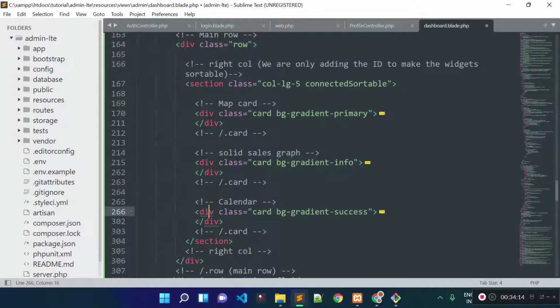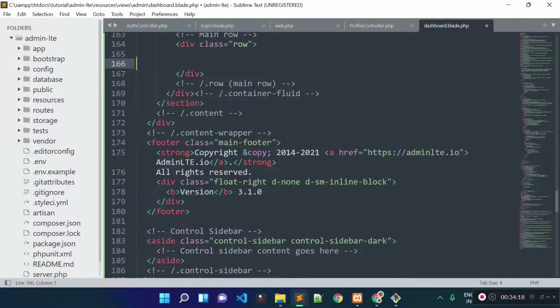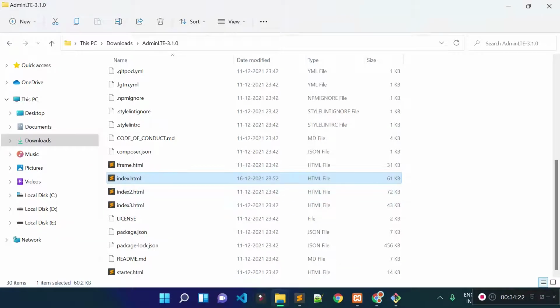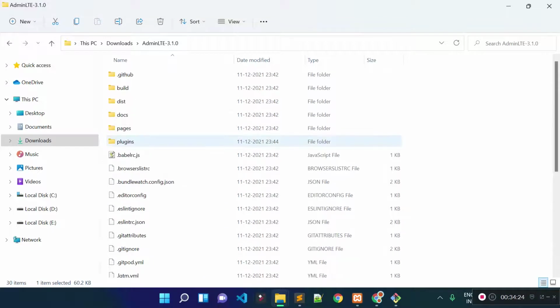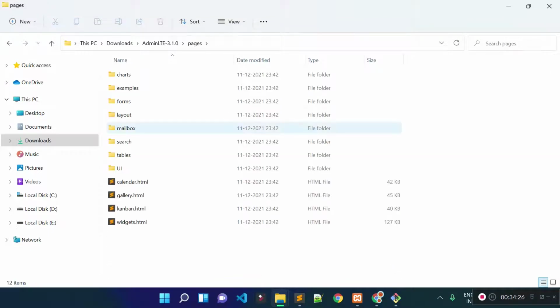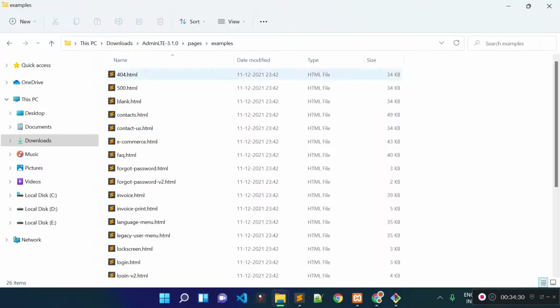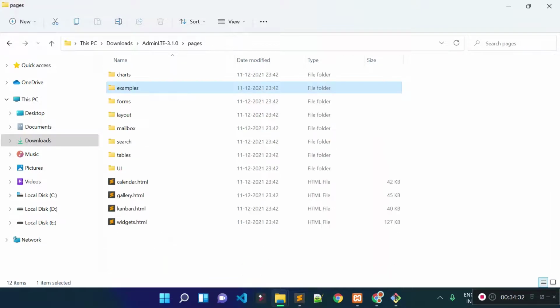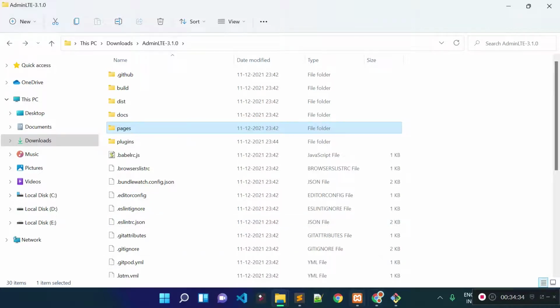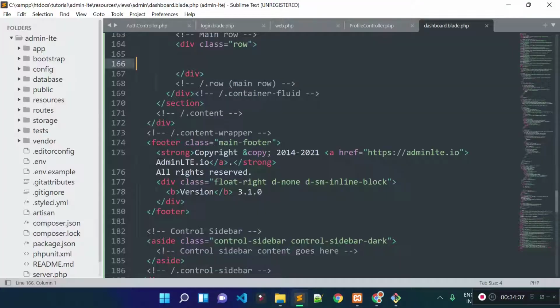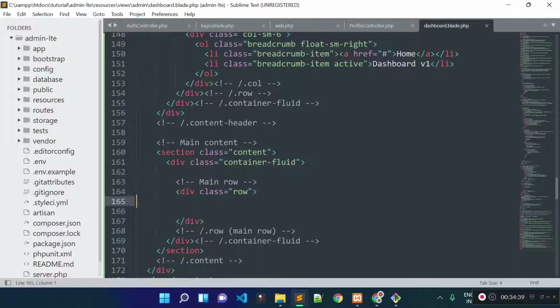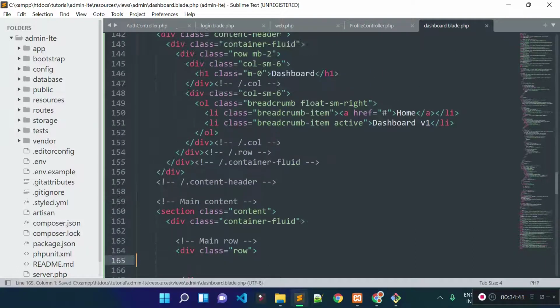Okay, you will find all the components inside the AdminLTE folder. You see I have this AdminLTE folder where I have all the pages under this pages folder, and I have all the examples files under this examples folder. You can use all the components which are there inside this AdminLTE folder for your admin panel. Okay, so I removed that from the right side panel,